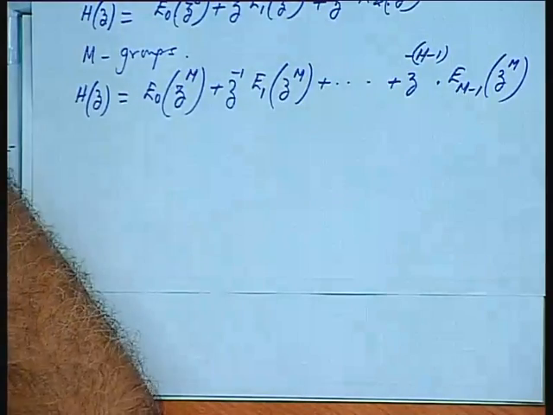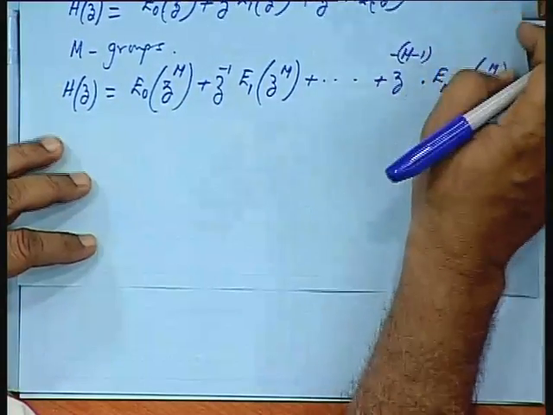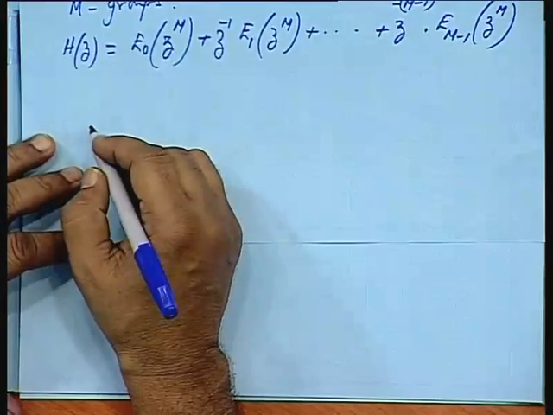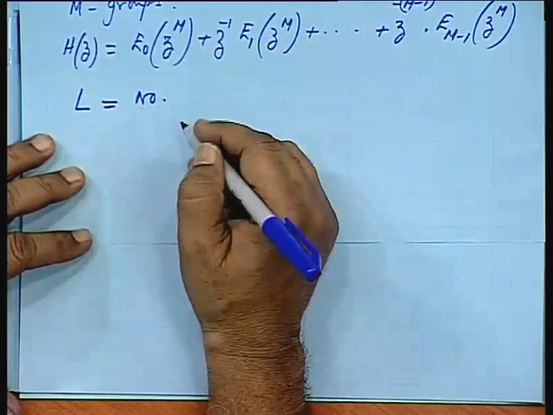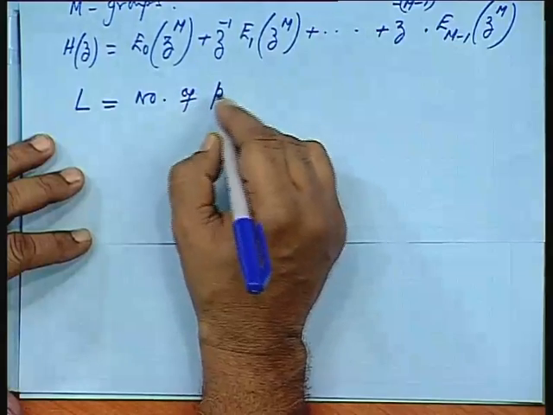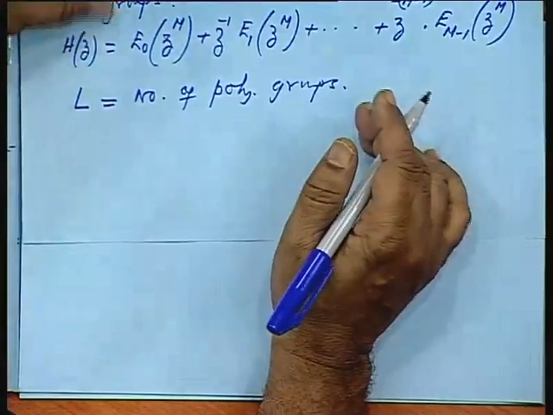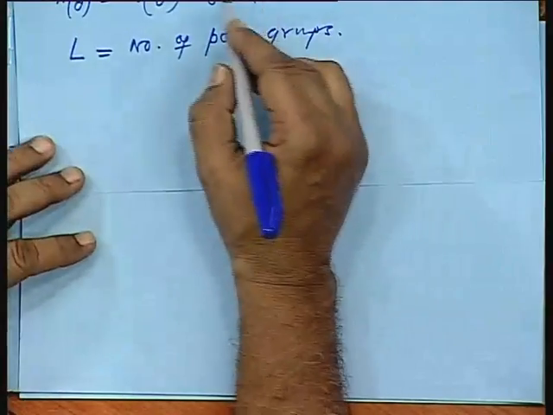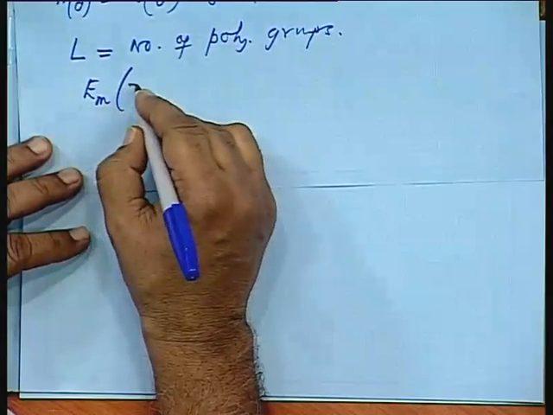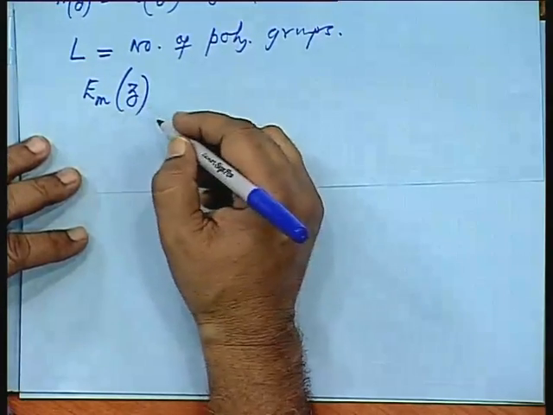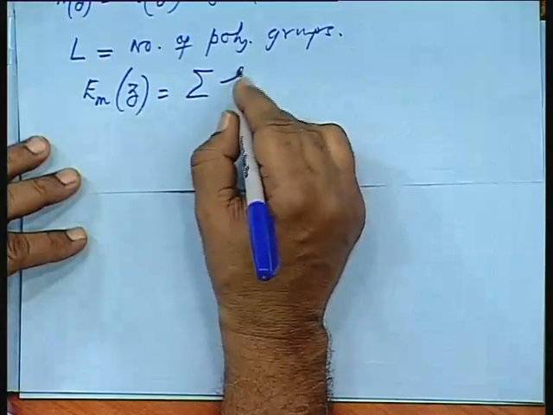So, we can write any polynomial, we can have any number of such groups. Suppose L is the number of polynomial groups. What will be any general term, say Ek or Em Z, what will be this polynomial? H